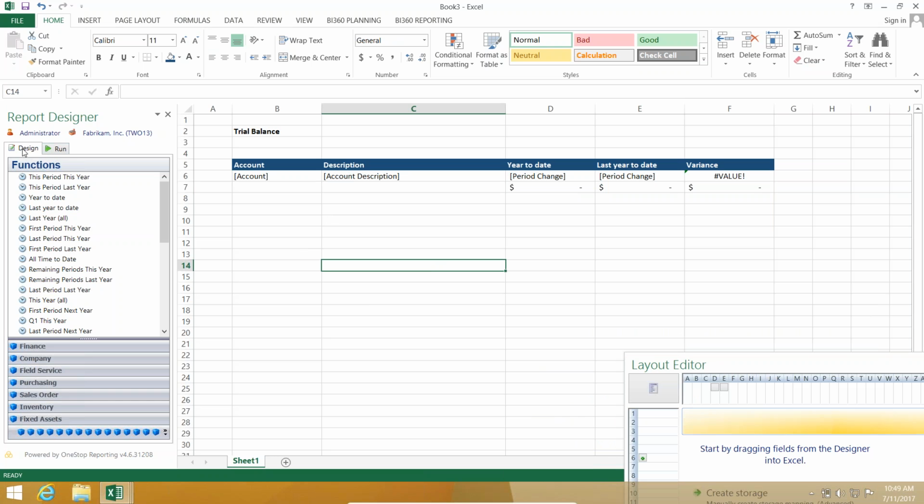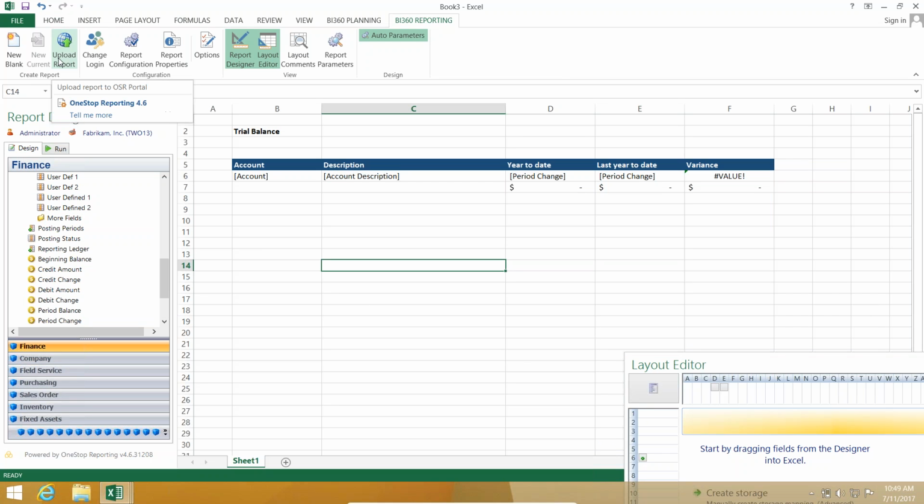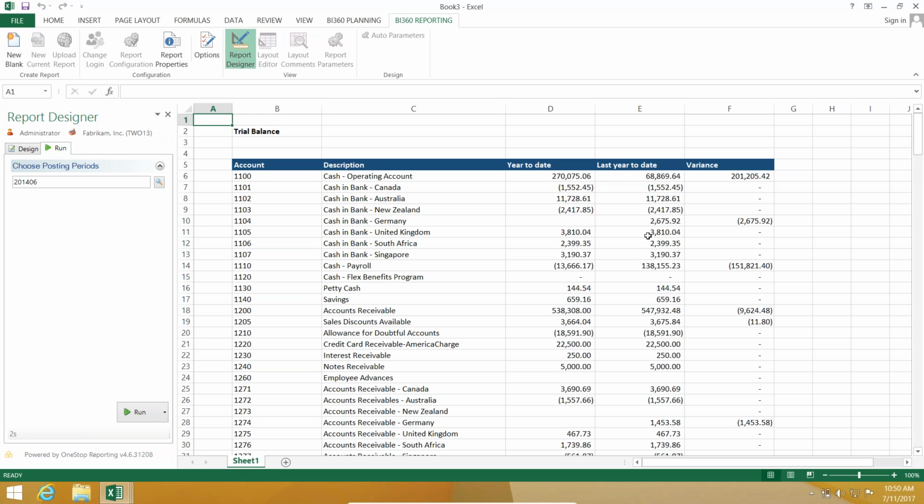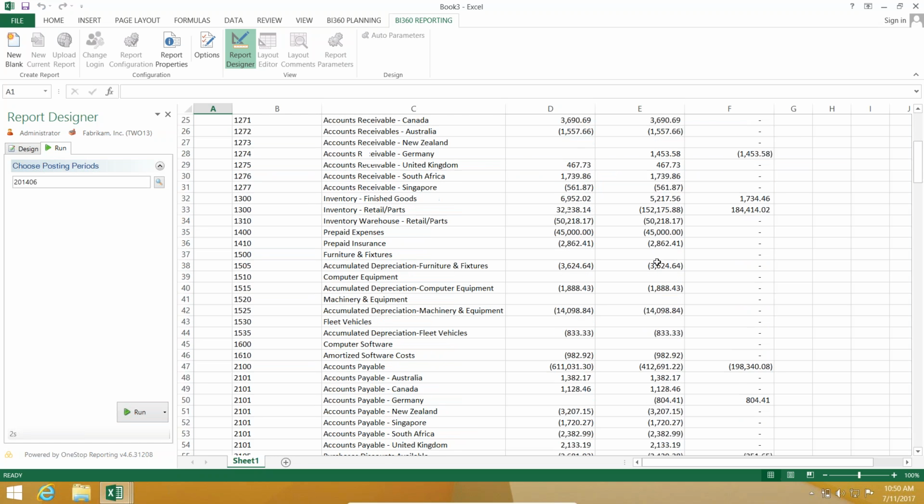Right? So now, you as an administrator say, all right, do I want to push this up to the portal? If I want to push it up to the portal, we just spent the past half hour looking at it, very straightforward. If I just want to keep everything in Excel, you can obviously do both as well. Then, you go in, great, your business user sits in here and says, I want to see it for June of 2014, clicks a button, and now the accounts, the descriptions, year to date, last year to date, along with the variance,